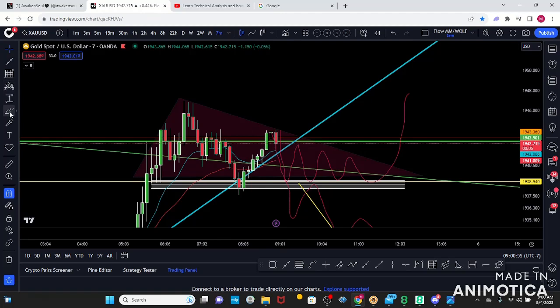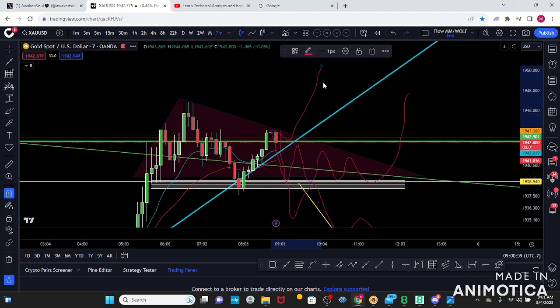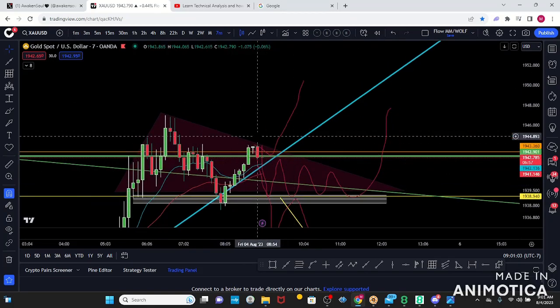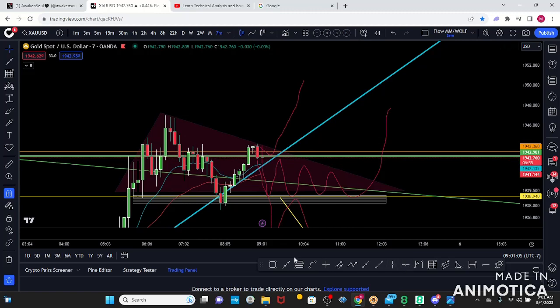All right, guys, so I hope you learned something and how to take a long. So if we hold again support here, it could just continue to the upside. Big possibility. So watch this, set some alarms here. This is going to be your range for today,